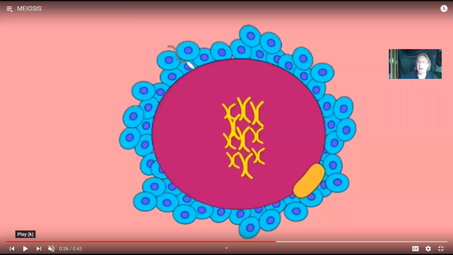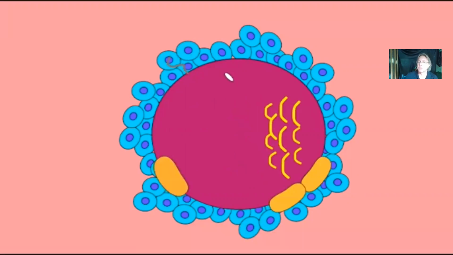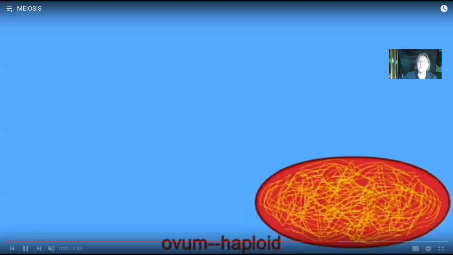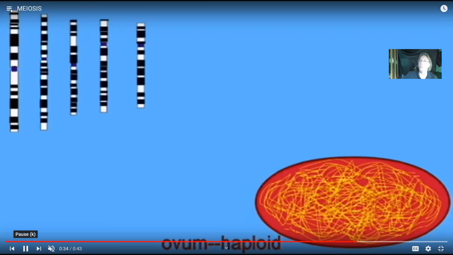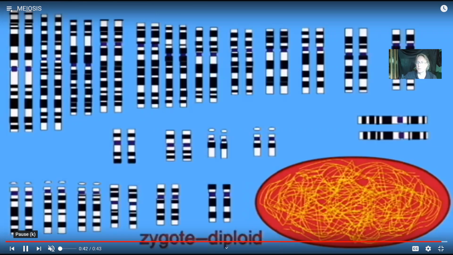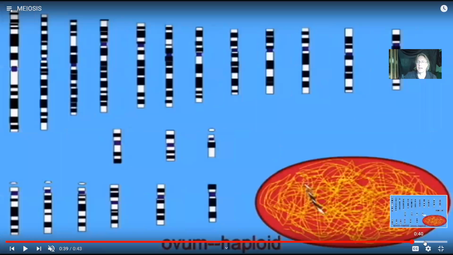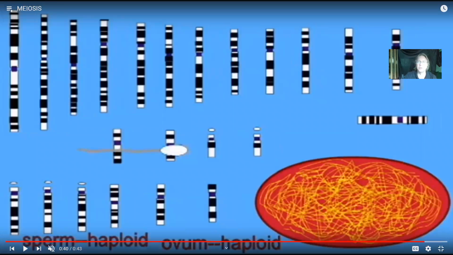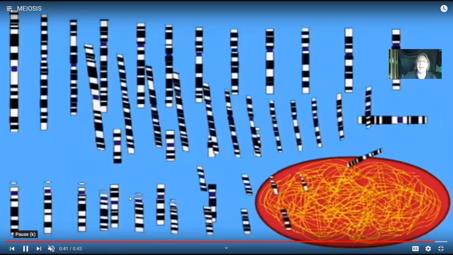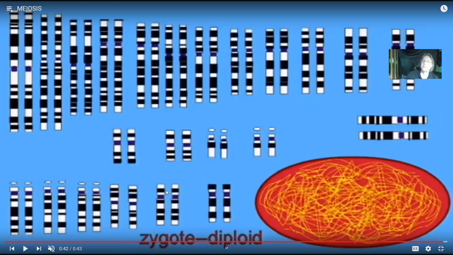In humans, the only cells which have half the normal number of chromosomes are sperm in males and ova in females. And so when 23 chromosomes from a sperm fuse with the 23 chromosomes of the ovum, so if here's an ovum and there are 23 chromosomes, and then the sperm fertilizes this ovum and adds its 23 chromosomes. So here are the 23 chromosomes from the ovum. If 23 chromosomes from the sperm are then added, then a new cell with 46 chromosomes results, which is diploid,